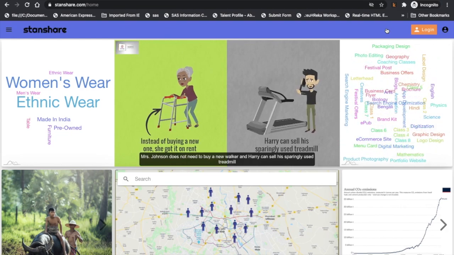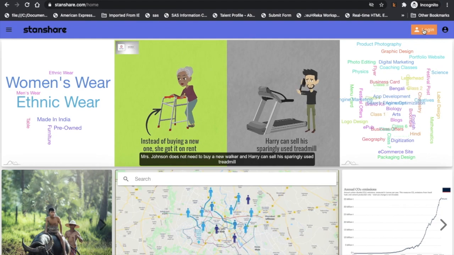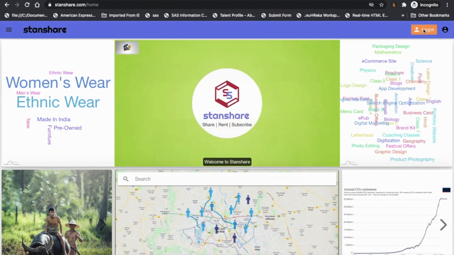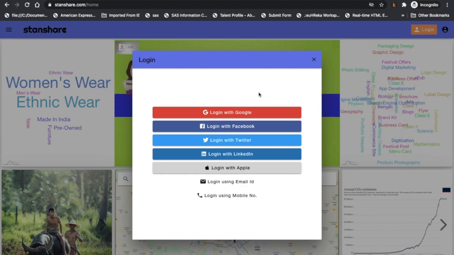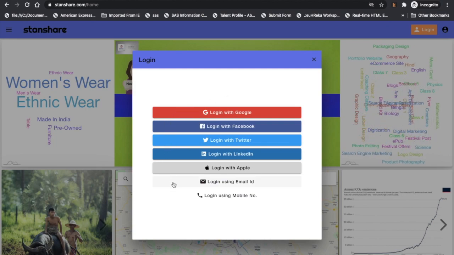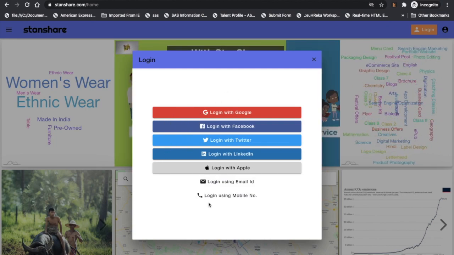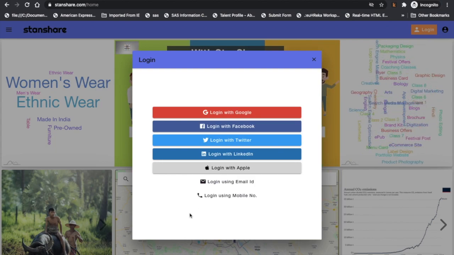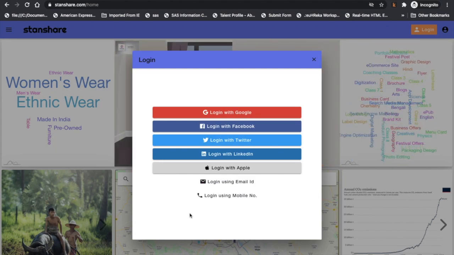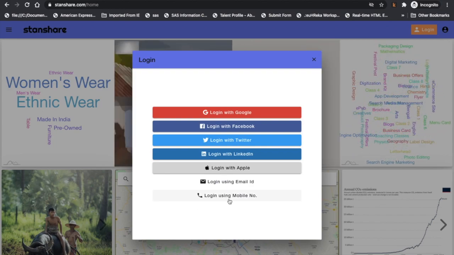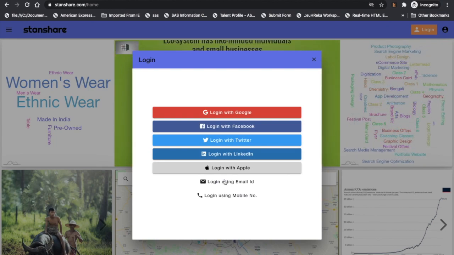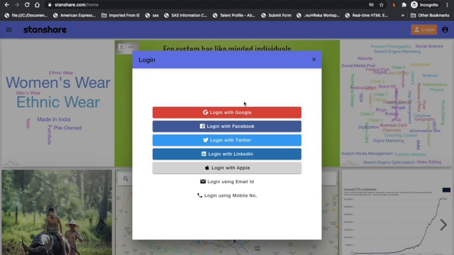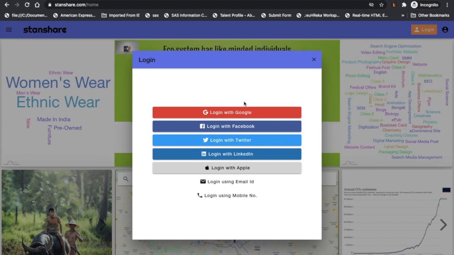All right. So first, I have to go to my login button to show you how exactly to log in. So I have an option. I can log in using any of these alternate options, and all are equally good. But if you are selling for the first time, the best suggestion would be logging in using the mobile number, and you can later add or link all these social media accounts, and you can log in with any of them. So all of them would be grouped. All right, so let me try logging in with Facebook.